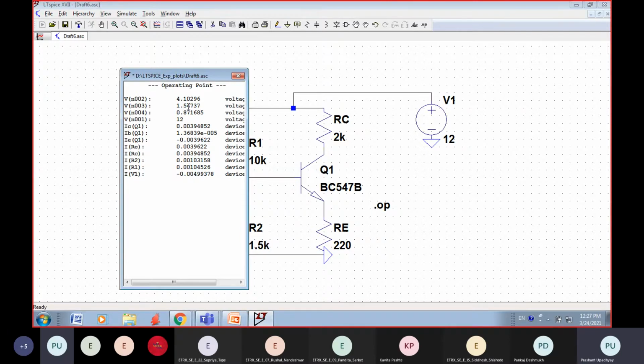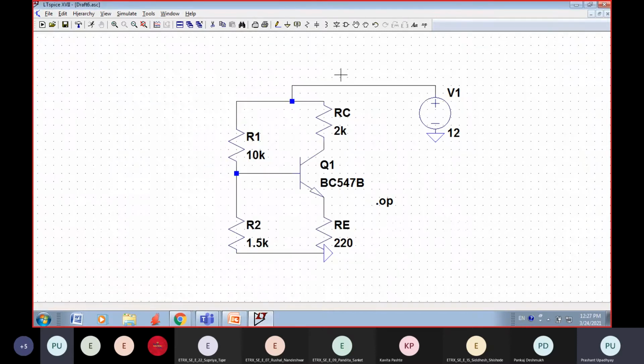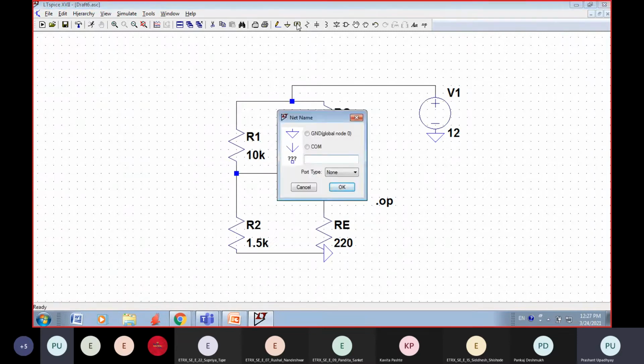Okay, so I should not go in reverse way where I get voltage and find out the node, but I should tell which node is this and get the voltage. So I will do small changes where I will name these nodes so that I do not have trouble finding out which voltage belongs to which node. Okay, so I will do a small change. I will just pick up this.